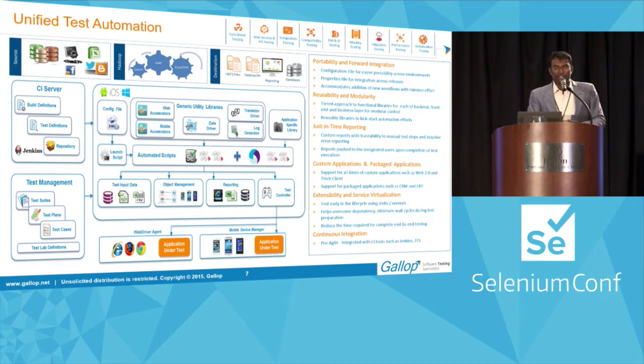So we have come up with a unified test automation framework. Again, this framework we have built on top of Selenium Java. Let me quickly explain these components. Basically all of them are coded components, and this framework is Pro Agile. That means you can have your complete automation suite, built on top of Selenium and Java,